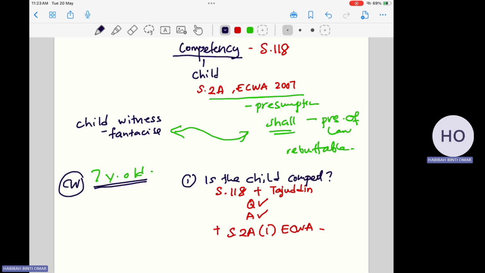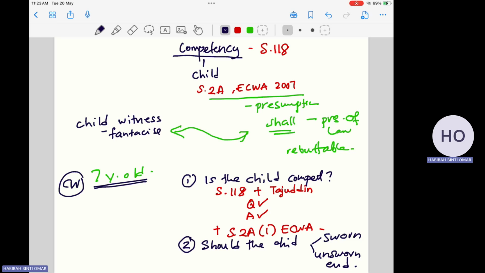The second question that you have to deal with when dealing with a child is this: should the child give sworn or unsworn evidence? Now, what is sworn evidence? What is unsworn evidence? Sworn evidence is where you take evidence. This is based on the Oath and Affirmation Act. Sworn evidence is where you swear upon maybe a holy document,